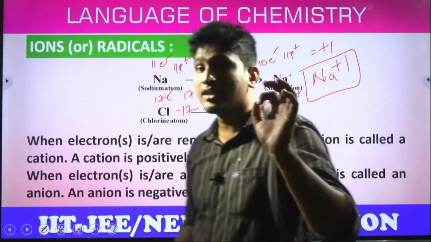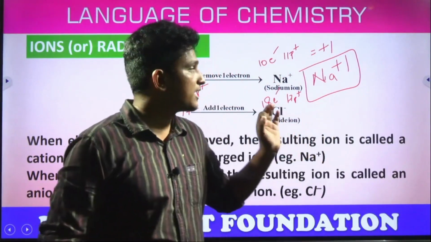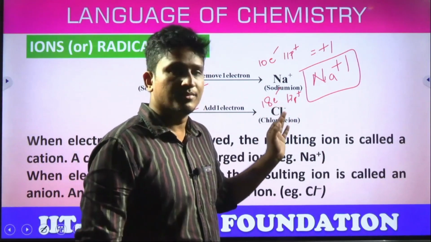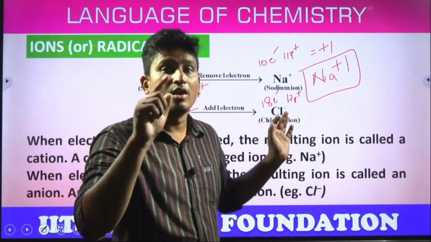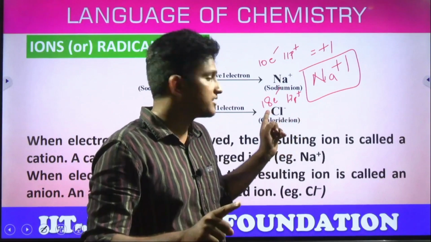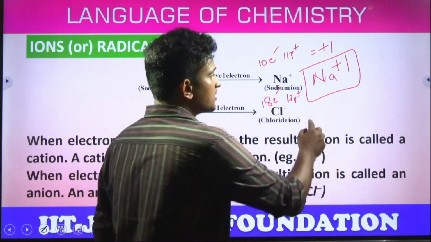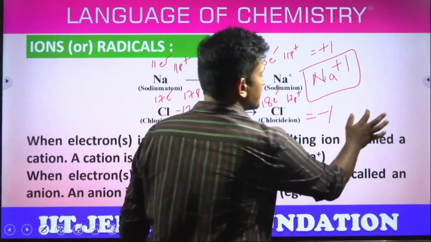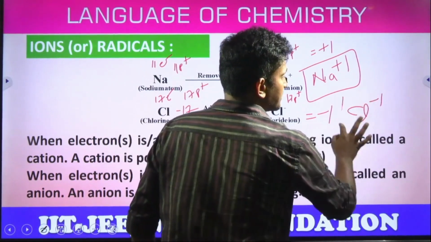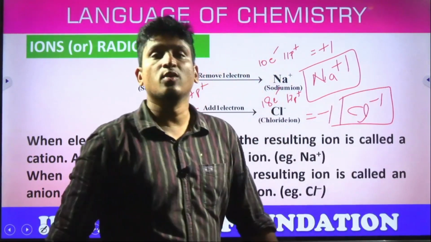Now which particles are more? Protons are more or electrons are more? Once look at the numbers. Now electrons are more. How many? 1 electron is extra. Yes or no? That means minus 18 plus 17. What's the net charge? Net charge will be minus 1, and the resultant radical should be represented like Cl minus 1, which is chloride